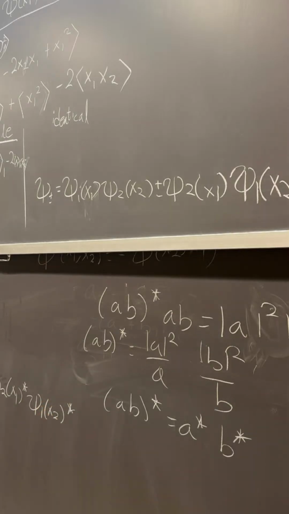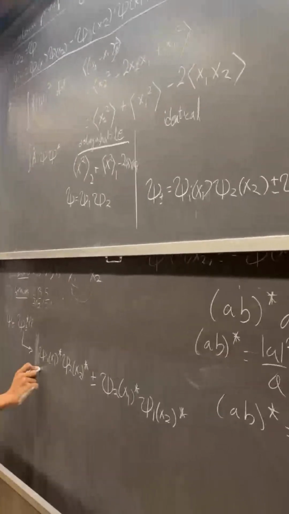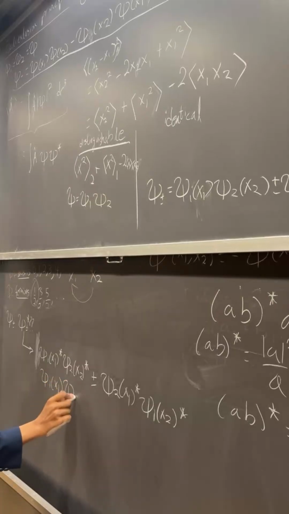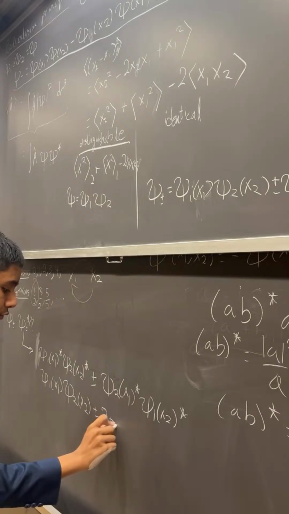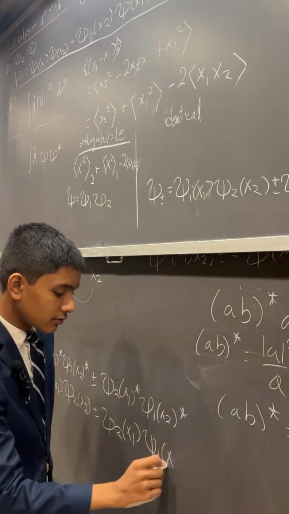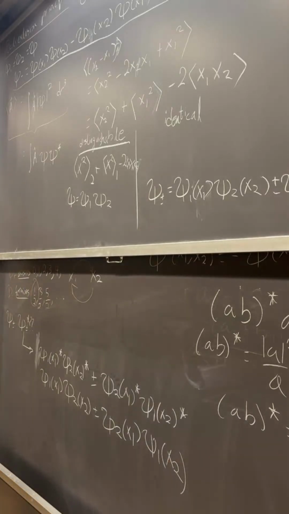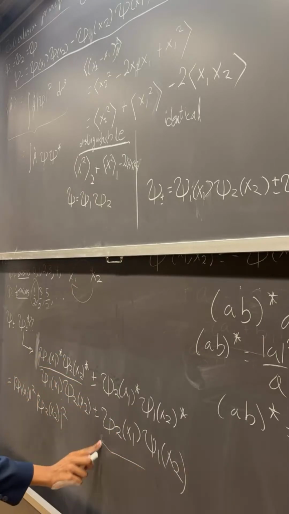And so now what happens when we distribute that with psi 1 x1, psi 2 x2, plus minus psi 2 x1, psi 1 x2? Well, we're about to get 4 very large terms. This multiplied by this gives us psi 1 x1's magnitude squared. This times this is psi 2 x2 magnitude squared. And then we have the interference term, which is when we multiply this thing with something that doesn't go along with it,